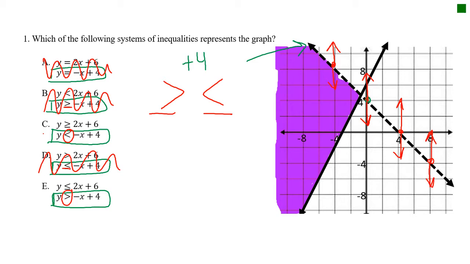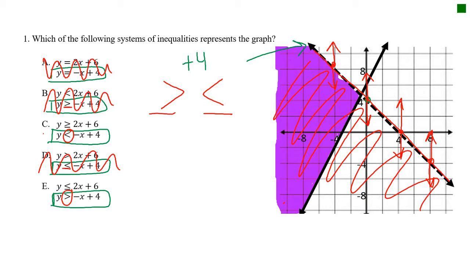Based on my arrows, my shaded part that they gave me, which is this purple shaded part, that's the solution. That means that that's where my answer has to be. So if my answer has to be there, that means that from this whole line, they had to shade down because that's part of my solution, right? Okay, so that means that they shade down, so